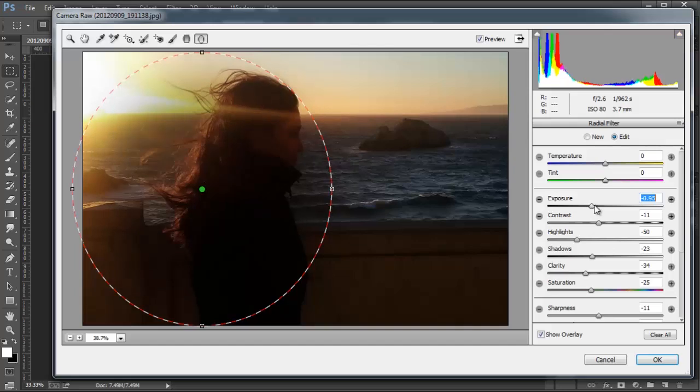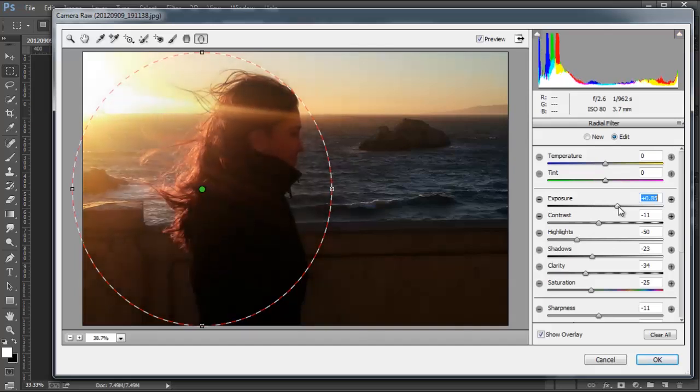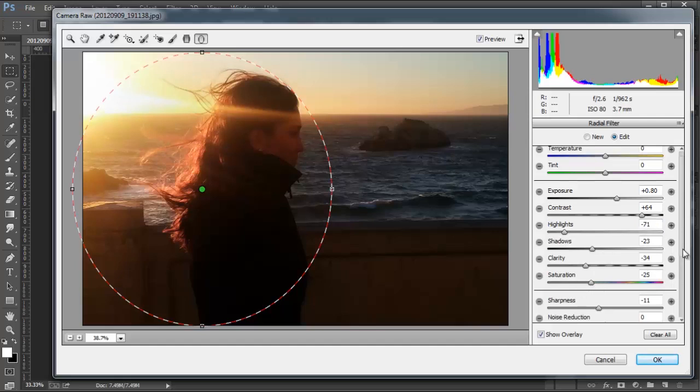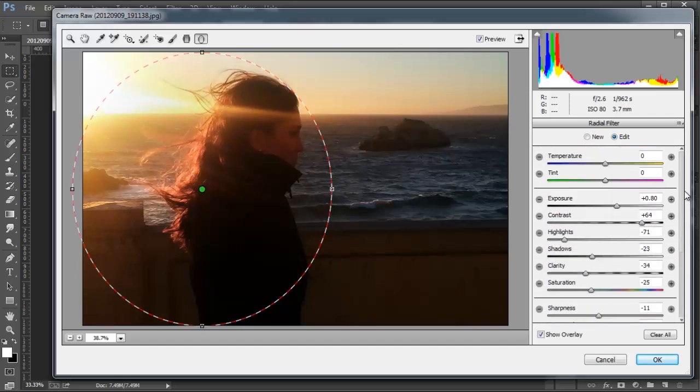So what I'm going to do is increase the exposure to brighten her up. Essentially, I want to brighten the sun behind her, and I can maybe add a little bit of contrast and maybe reduce the highlights just a little bit so it's not overblown, maybe somewhere around here. And I'll leave the other settings as they are. They're not really that important. I just want to show you how this tool works. So once I do that, I can press OK,